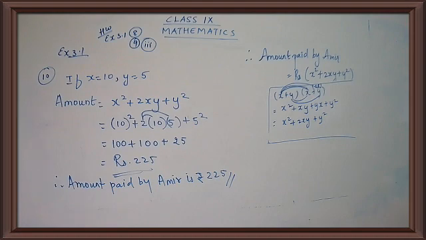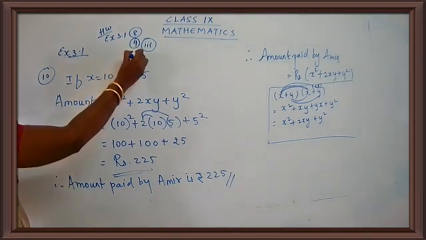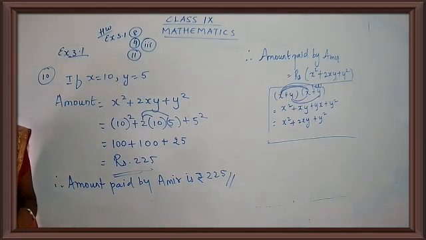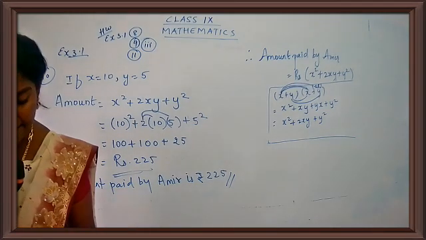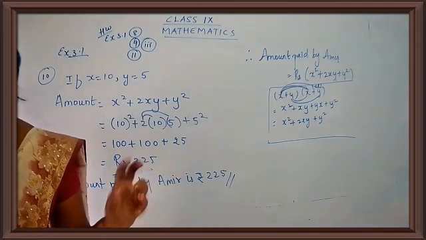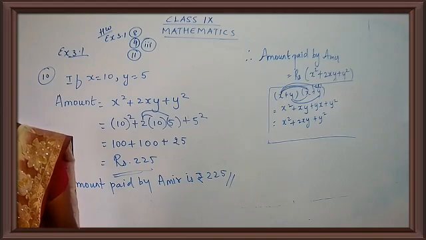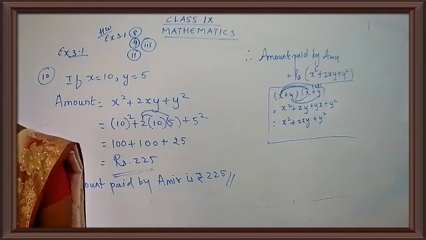Okay, children. So we have completed our sum number 10, and I want you people to do one more sum. Okay, you're going to complete sum number 11. I'll tell you how to do this sum. I'll just give you a hint how to complete the sum. The length of a rectangle is 3x plus 2 units, and its breadth is 3x minus 2 units. Find the area in terms of x.